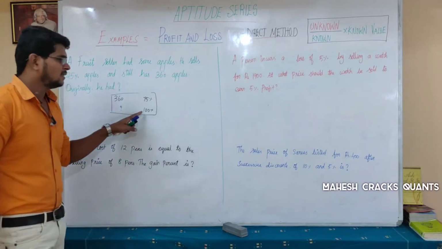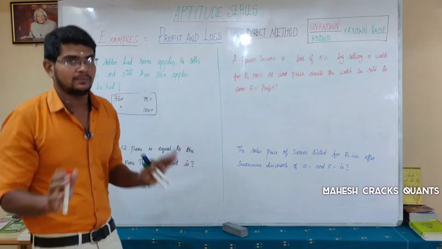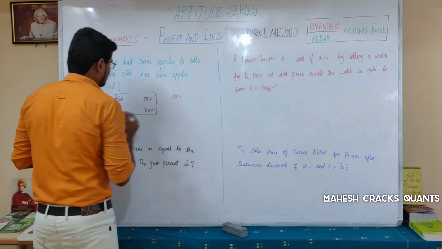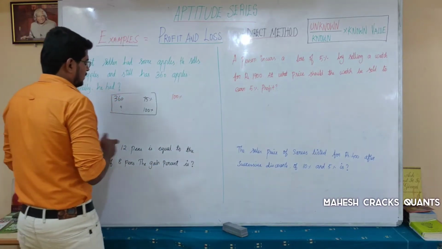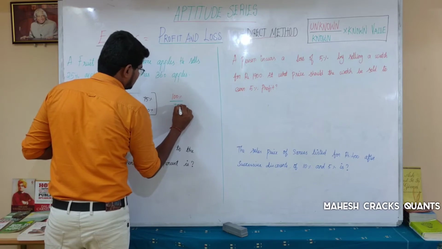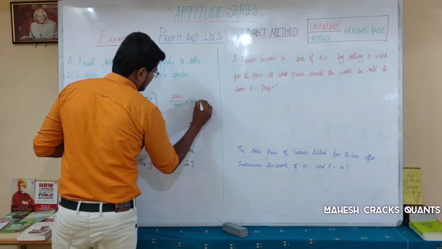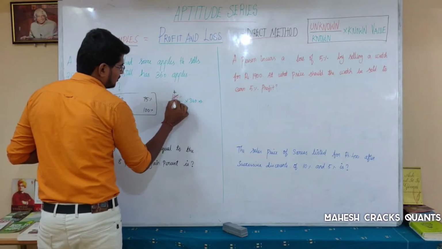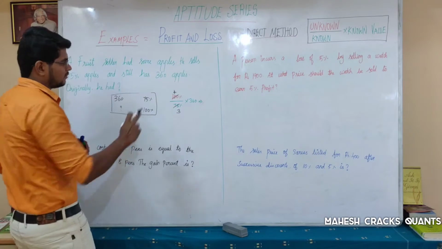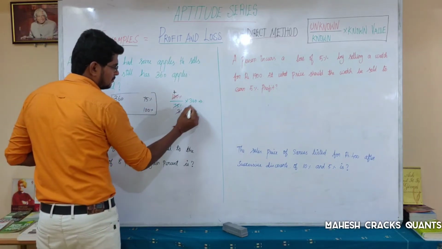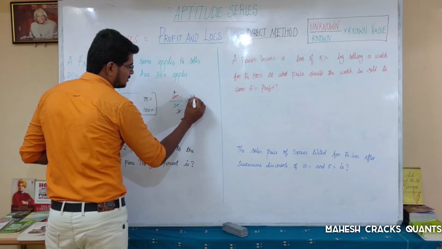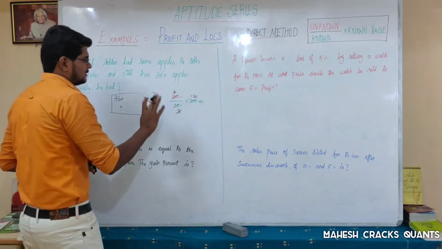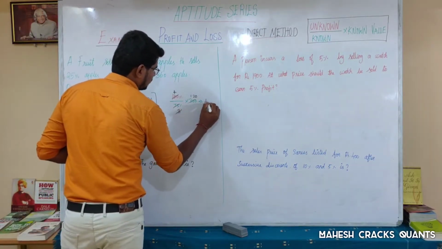What is the unknown here? 100% is what you have to calculate, because that is what you don't know. So 100% is the numerator unknown, and known is 75%, which is 360. By cancelling this you will get the answer. 3 times of 25 is 75, 4 times of 25 is 100. 3 with 3, 1, 2, 0, 360, 120 times of 3 is 360. So 4 into 120, 480.